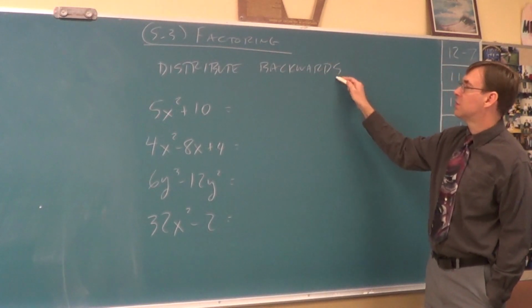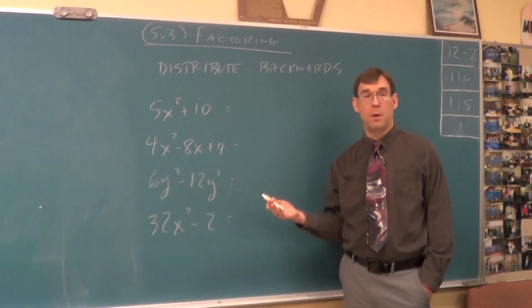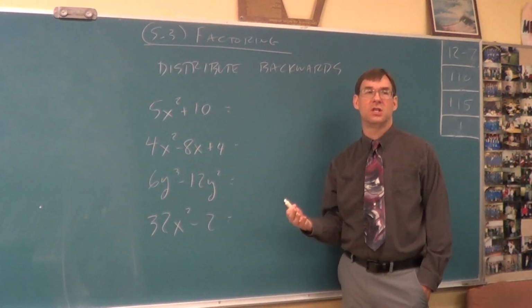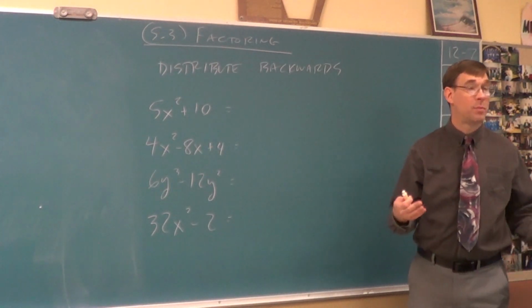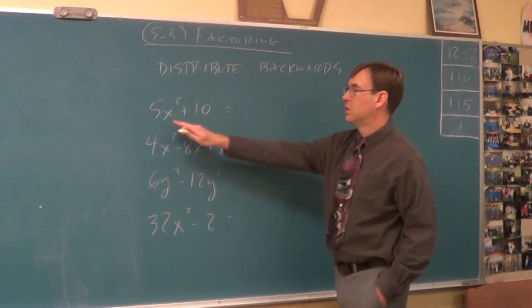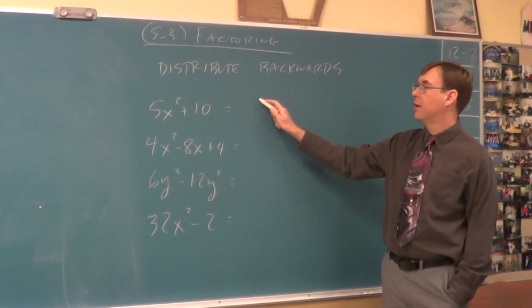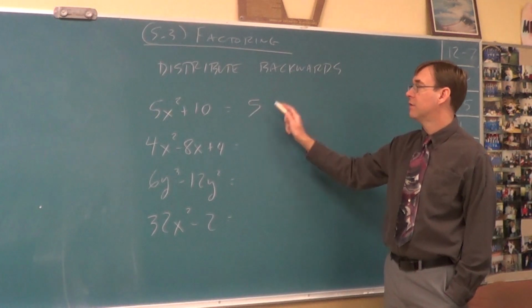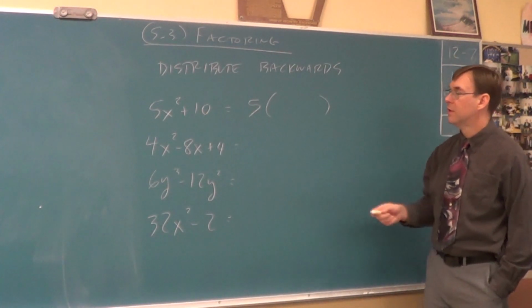So what you do first, you try to think of a GCF. What's GCF stand for? Greatest common factor. What's that mean? What can a GCF do? It's the biggest number that can divide into all of them. So when we look at these, we think, what's the biggest number that can divide into all of that? And it is 5. So what we do, we write down that GCF in the front, the 5, and then